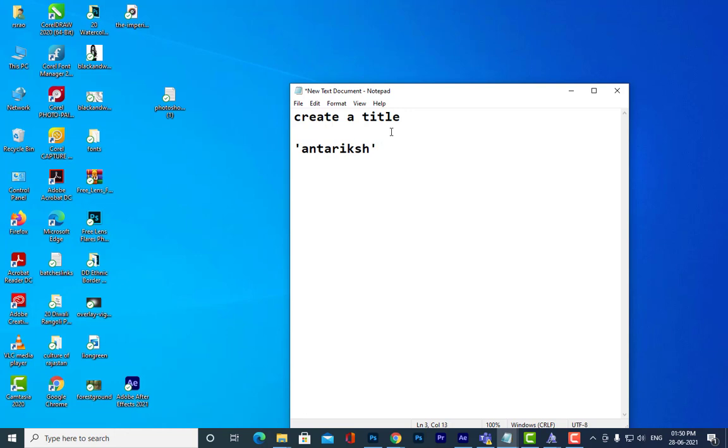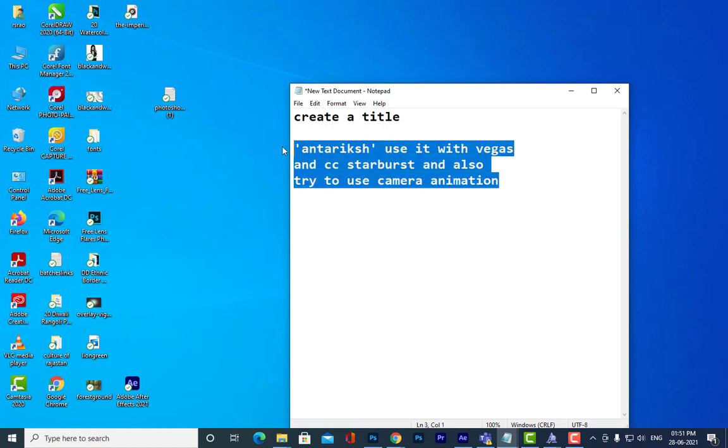Yes. So you have to use this title Antariksh and then use it with Vegas and CC Starburst. And also try to use a camera, camera animation. Is it clear, all of you? So this is your second assignment.